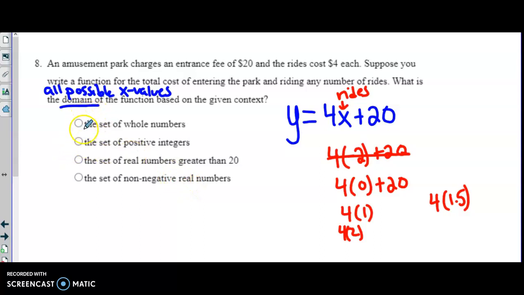So let's see. Well, not that and not that, because we don't want just real numbers. We don't want decimals and stuff. Set of positive integers or the set of whole numbers. I'm actually confused on this one because whole numbers are like 0, 1, 2, 3, 4, 5, and then positive integers would just be the positive. I guess this one, because we